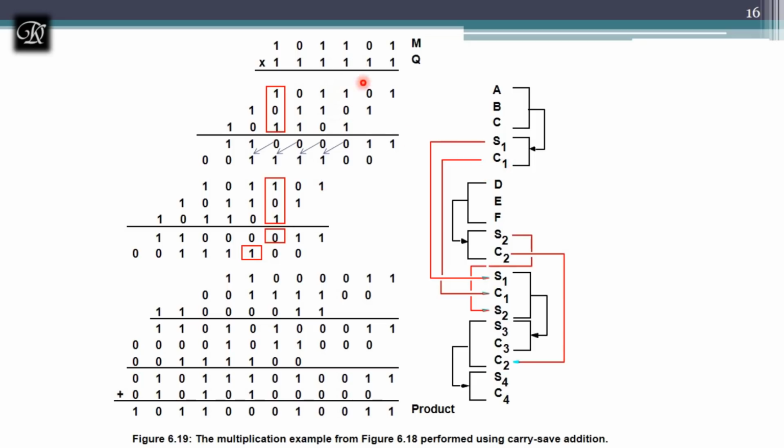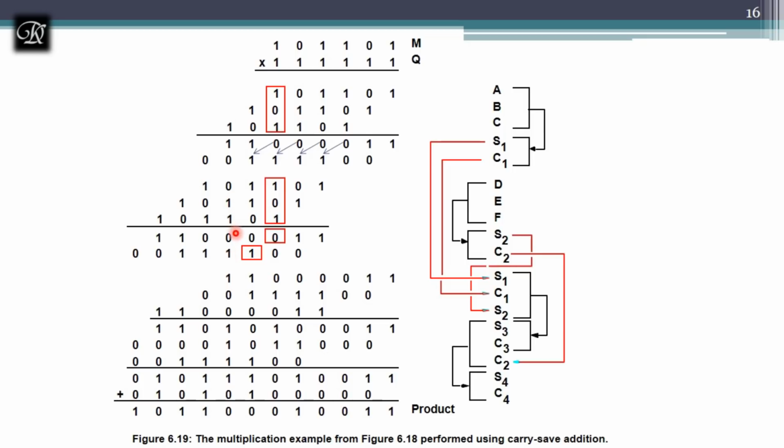Let's find the remaining 3, that is DEF. Please remember the shifts should match. I have stopped here, it should be on the next shift. So what do I do now? I will perform the same way of finding the partial sum and partial carry. Let's do the same task. 1 is sum and carry will be 0. And 1 is sum, carry will be 0. 1 and 1, sum is 0 and carry will be 1. Now again 1 and 1, sum 0 will be written here and carry will be 1.